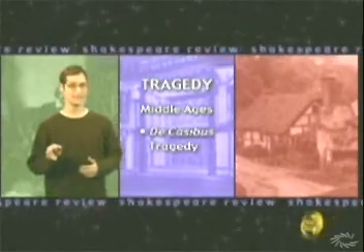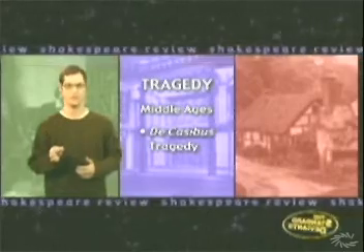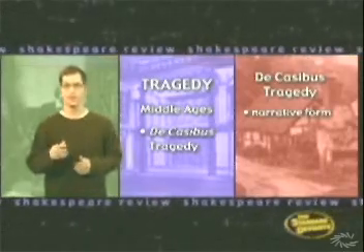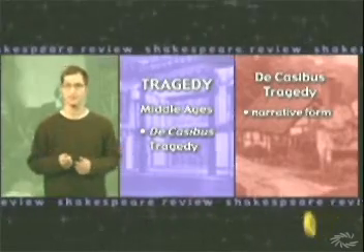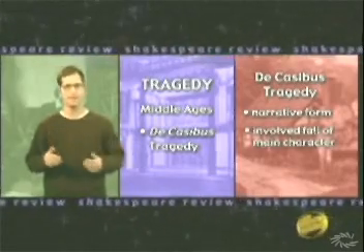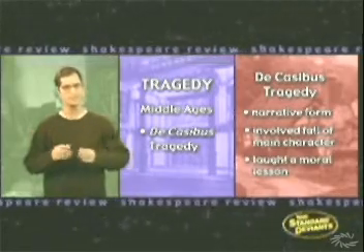An important style of tragedy in the Middle Ages was the De Casibus tragedy, named after the book De Casibus Virorum Illustrium by Boccaccio. These tragedies had three main features. One, they were in the form of narratives rather than dramatic plays. Two, they involved the fall of the main character, usually from a high place. And third, they taught a basic moral lesson.